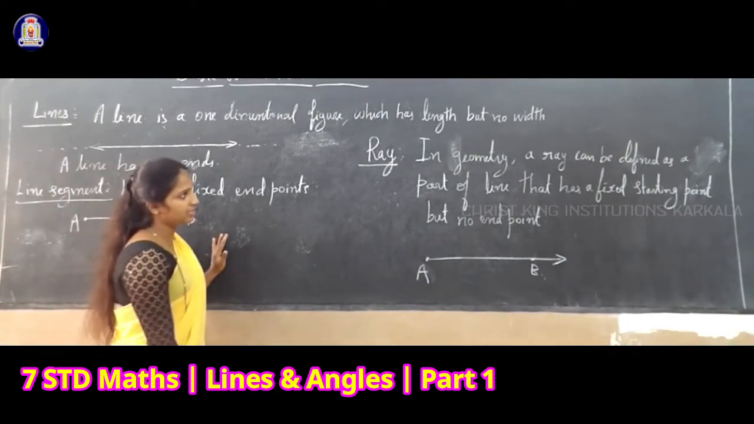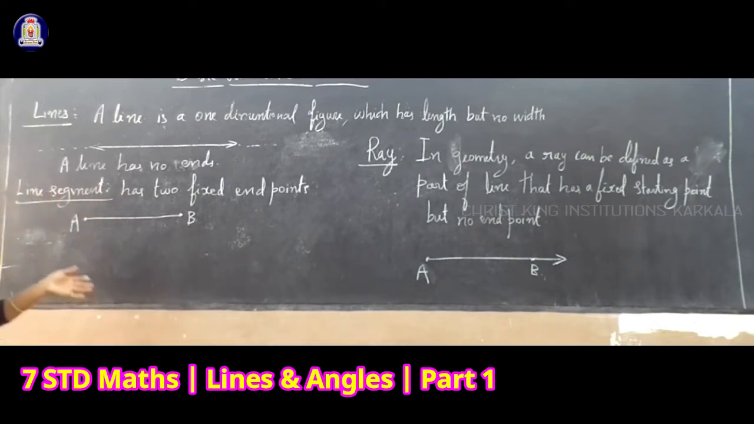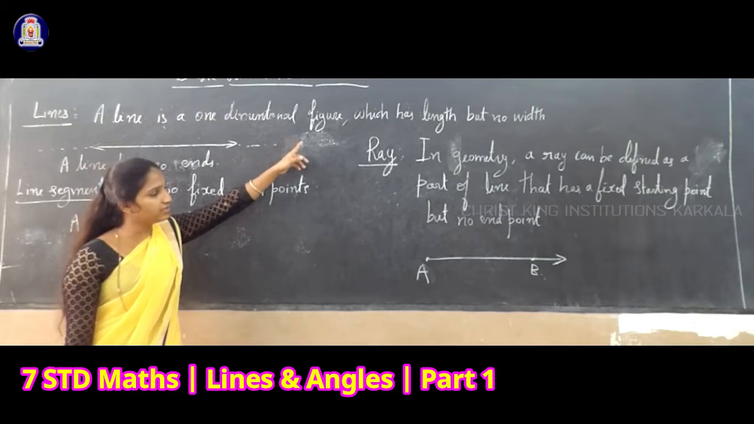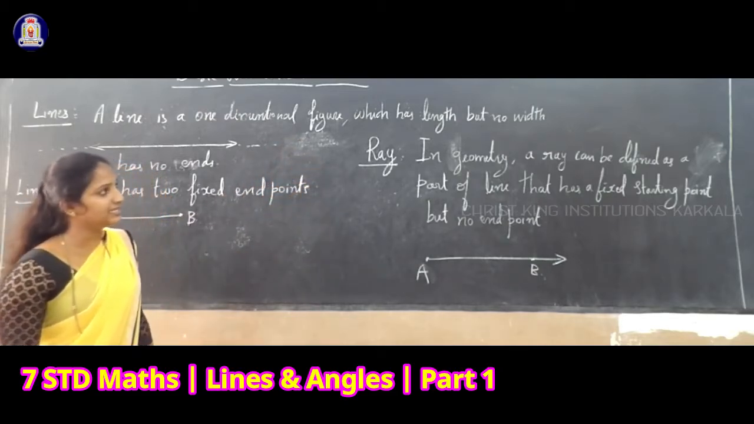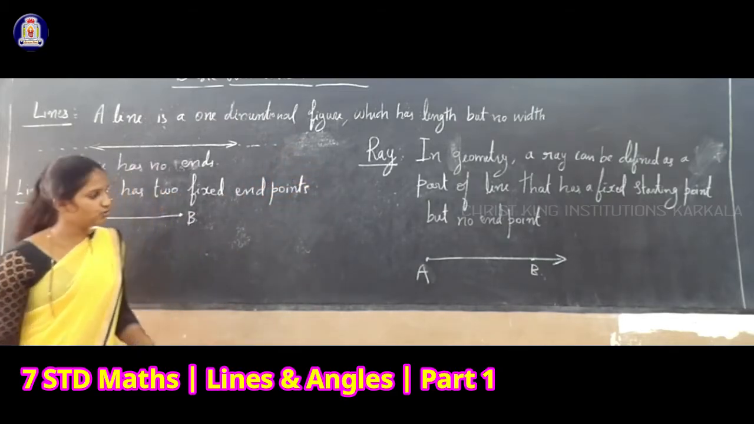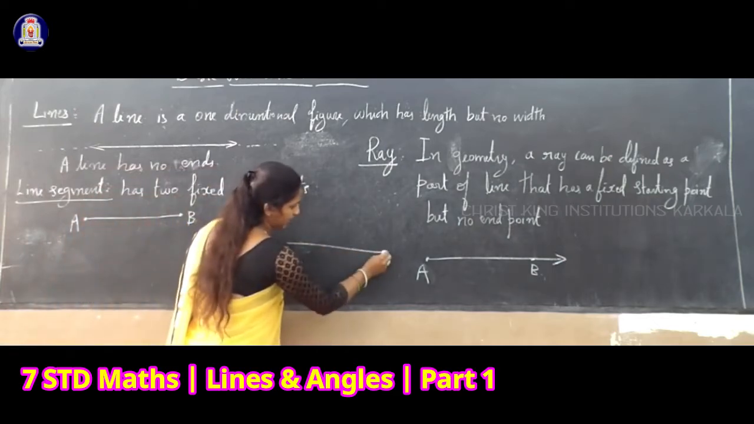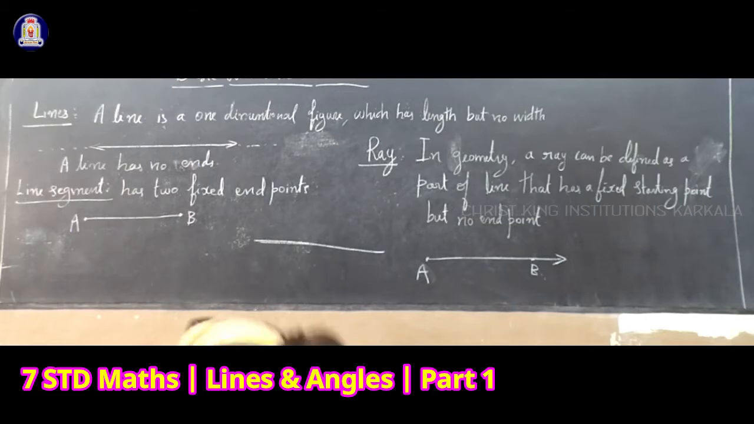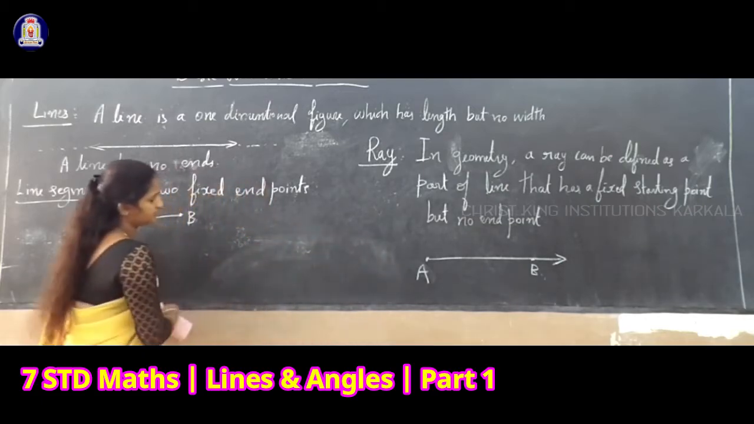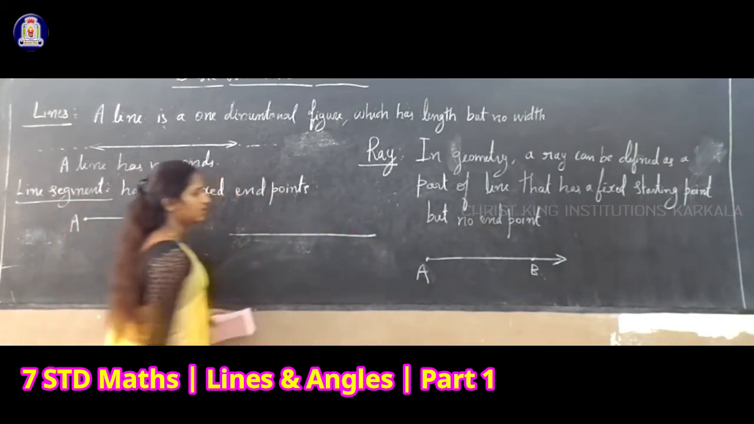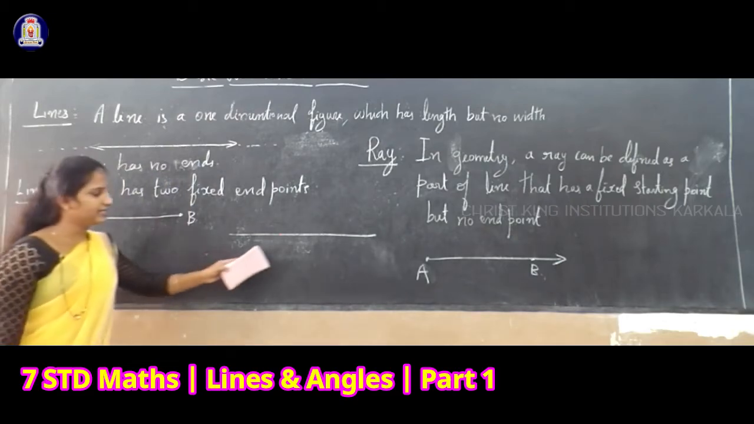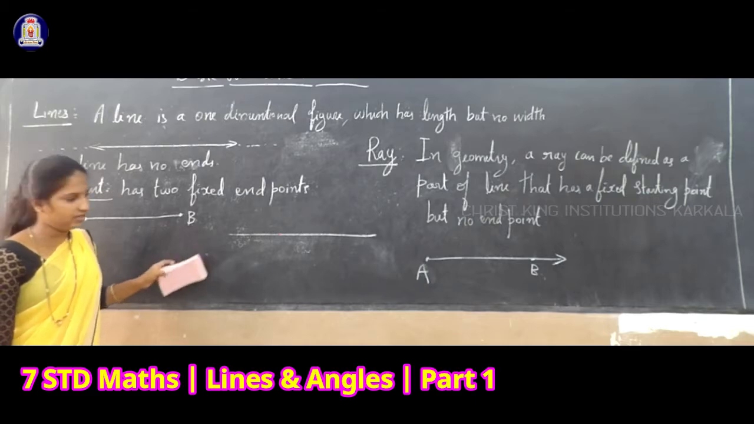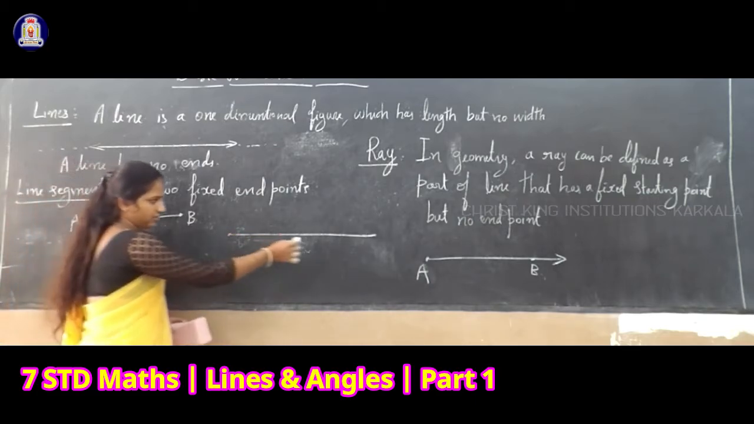So now we will see what lines are. What is the meaning of line? A line is a one-dimensional figure which has length but no width. If you draw a straight line, this is what a straight line looks like, correct? If you draw like this, can you say that this is a line? This is a straight line, but if you stop here, you can say